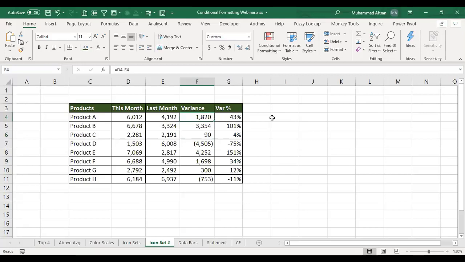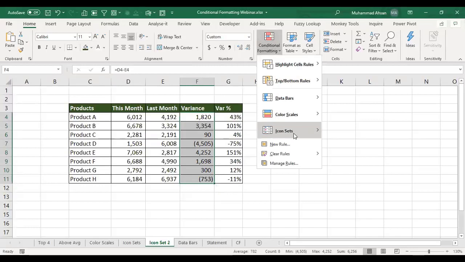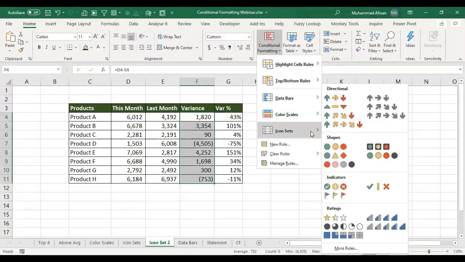So we are required to have only two kinds of arrows in this variance column. The first one would be the red for the negative variance, and the second one would be the green arrow for the positive variance. So let me select the variance column first. I will go to conditional formatting, and then to the icon sets category. From the first category, that is the directional, which has three arrows, green, yellow, and red.